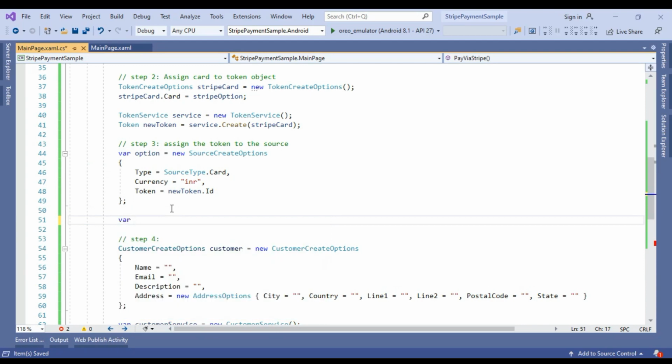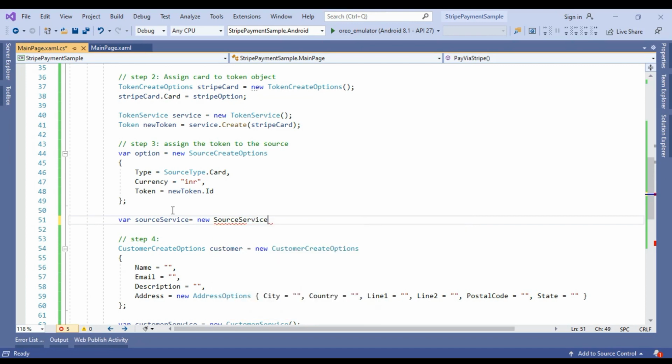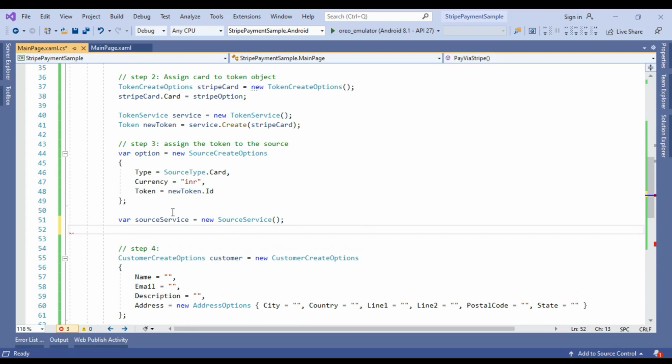So we also have to use a source service variable equals to new source service. And using this source service dot create, we have to create the source here.